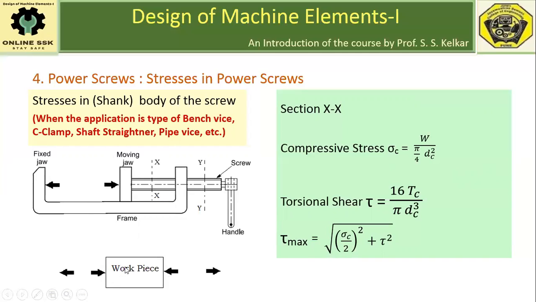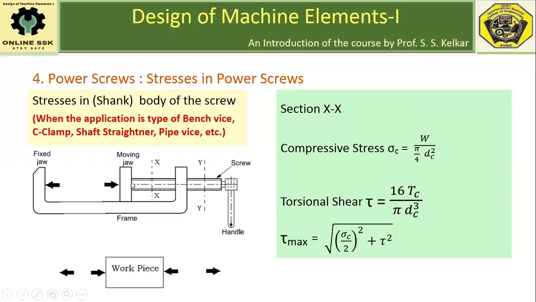It will exert reactive force equal in magnitude and opposite in direction on the jaws, and therefore these jaws will experience the same W amount of force, in opposite direction to the force applied on the workpiece. We are applying the clamping force on the workpiece, and workpiece will exert reactive force in this direction. So here this screw and jaw arrangement, this jaw is experiencing load equal to W.